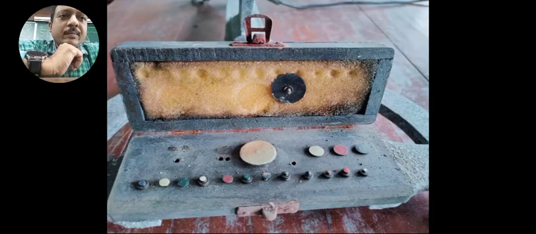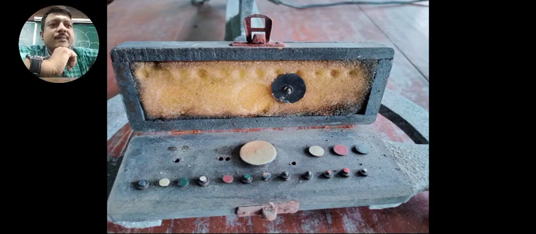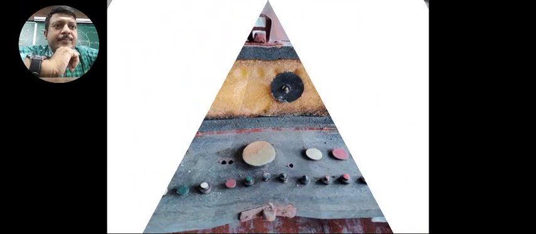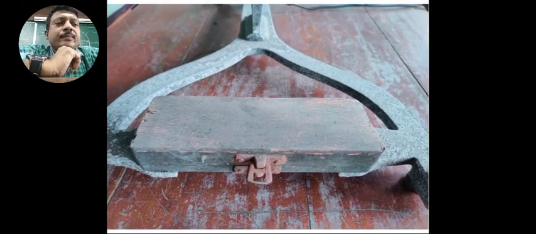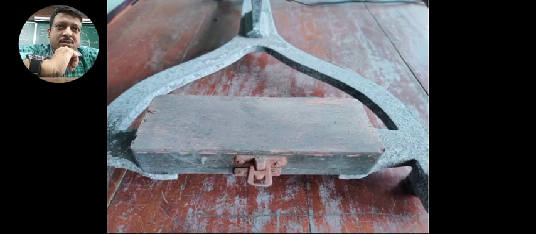Now this is the object box containing test objects of different colors and shapes, and different sizes also. We shall use the 10 millimeter white object to test the peripheral field of vision in the Lister perimeter. This is the object box.